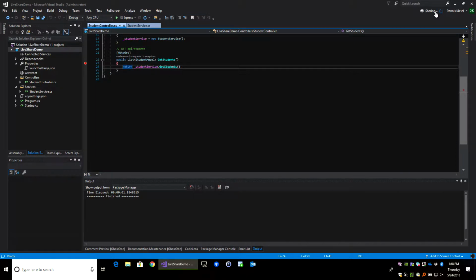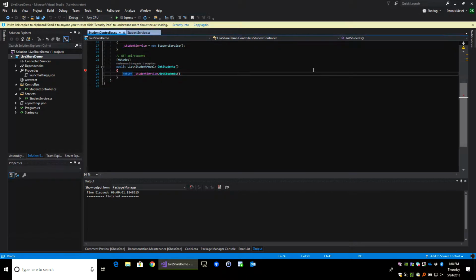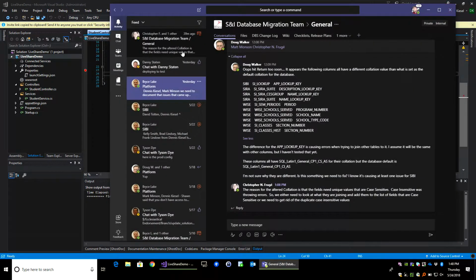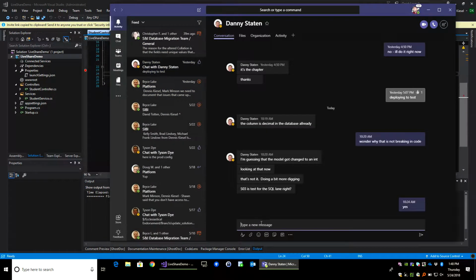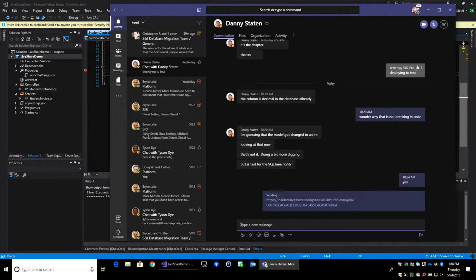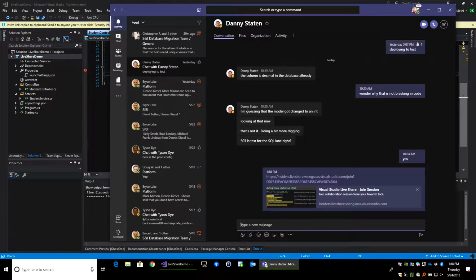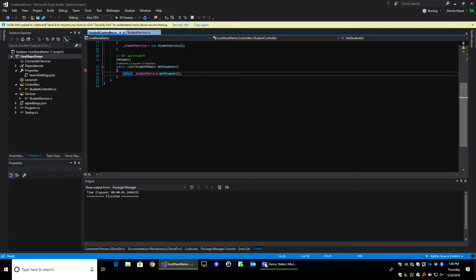So I click the share. It takes a little bit, and you'll get a link automatically copied to your clipboard that looks like this. So I'm going to send him that link. It's just a URL that he hits. And I've got this little yellow thing saying, hey, you're sharing. It gives you some info. You can copy the link again.